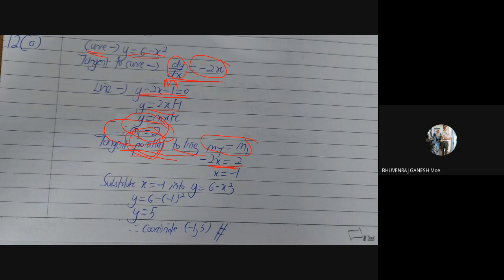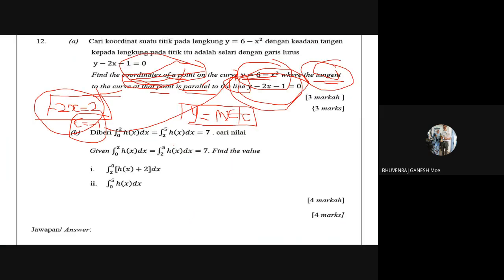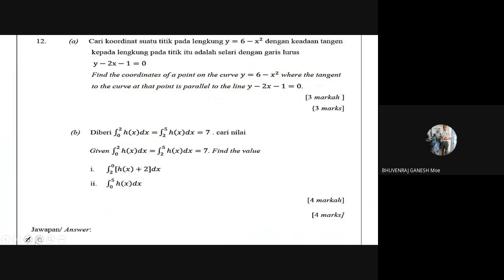Okay, very good. If you try and substitute your x value, you will get this coordinate as your answer. Okay, so this question is settled. So we go to the basic one again. Erase and then,